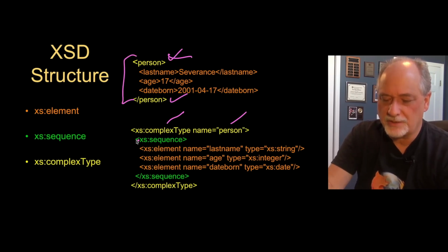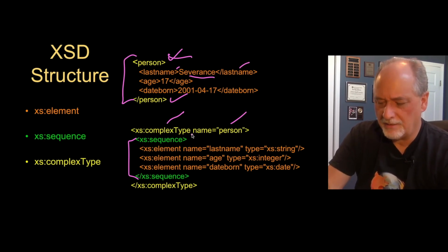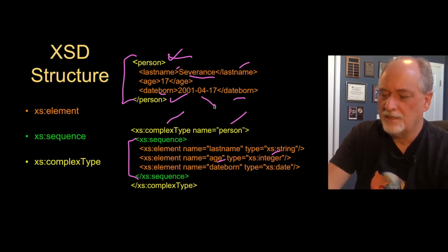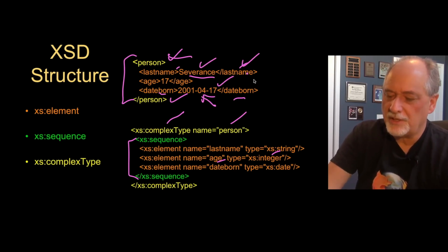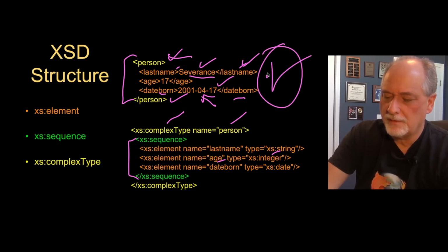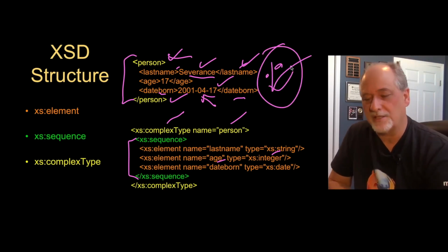Then there is a sequence, and then there is a simple element, a last name, looks good, and it's a string, that looks good. Another tag named age that's of type integer, that's good. And then a thing that's called date born, and it looks like a date. So we check all these things, and we can basically say, yup, that is a good XML document